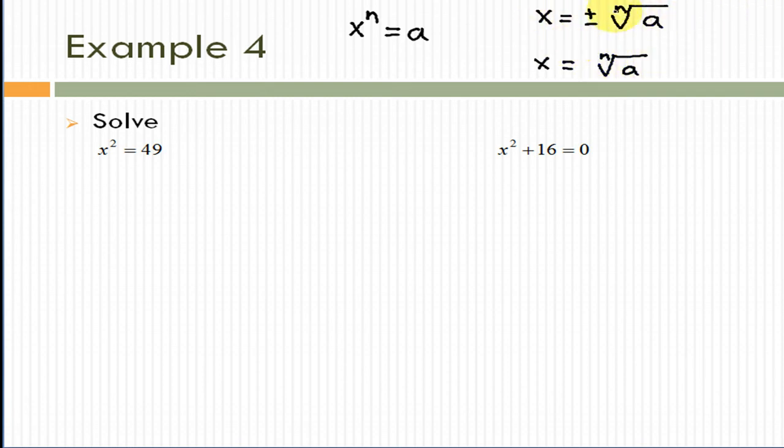We have this case when n is even and a is positive. And for this one is when n is odd. And for n even and a is negative,